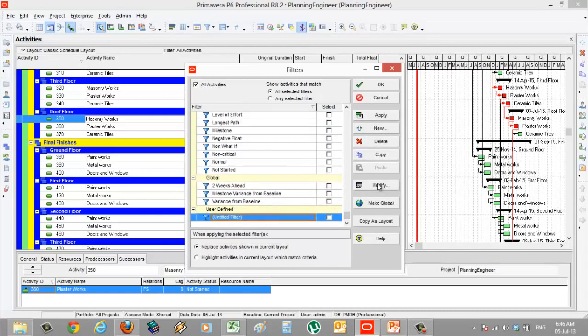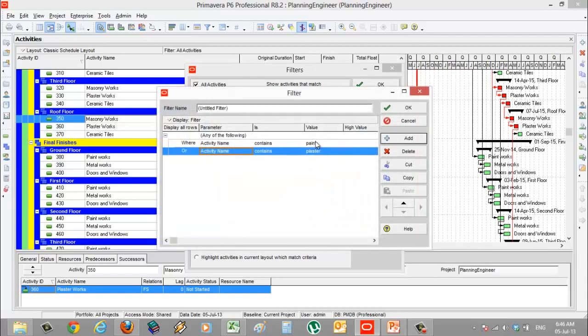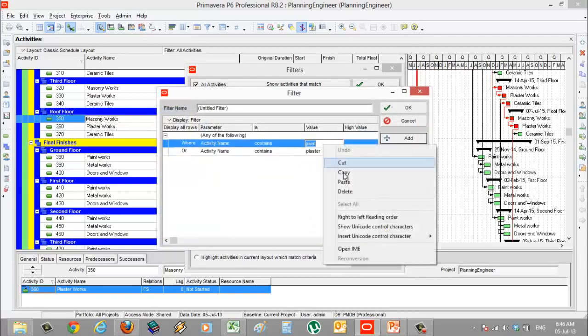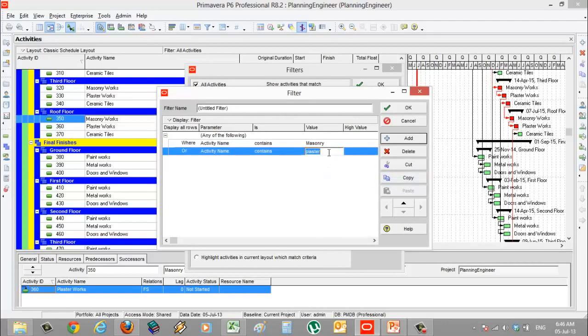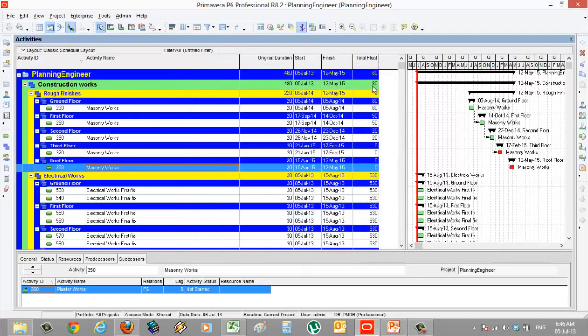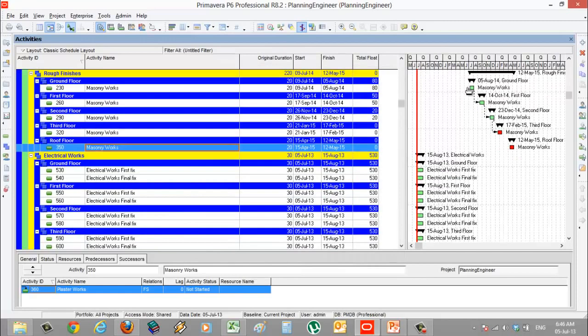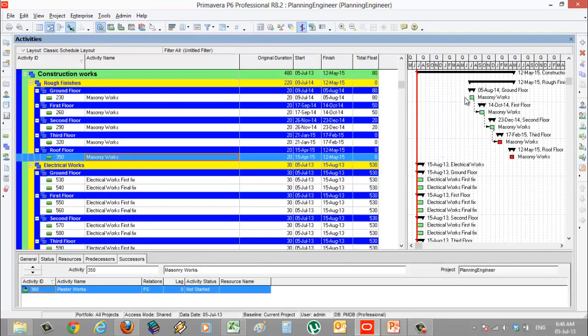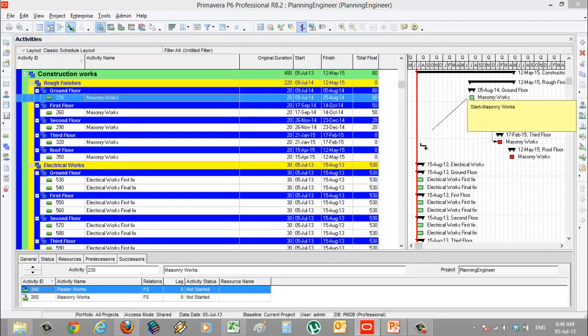This is what we made before. So we can put here masonry, then we can put here electrical, and apply. Like this. We want to tell that the electrical work first fix will start after the masonry start